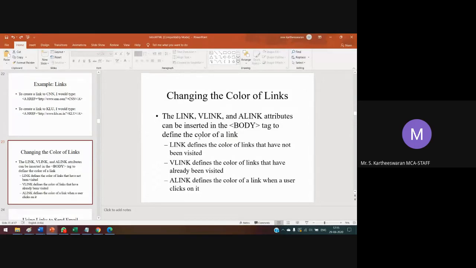For example, in the previous example, we had a blue color link. Then after visiting that label, it will change to some other color. And the active link is the link while it is being used. So these are the types of links.